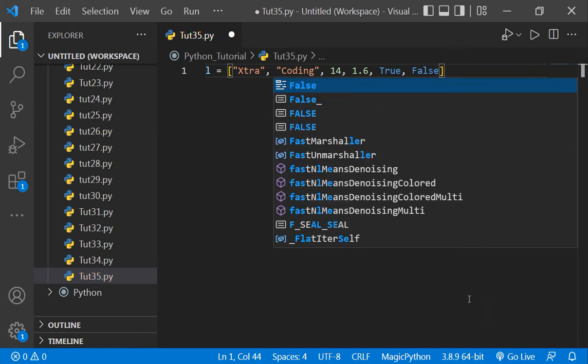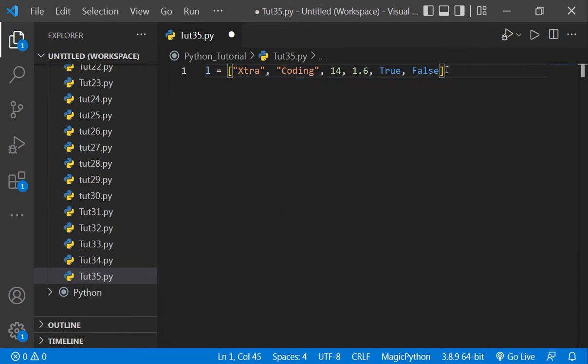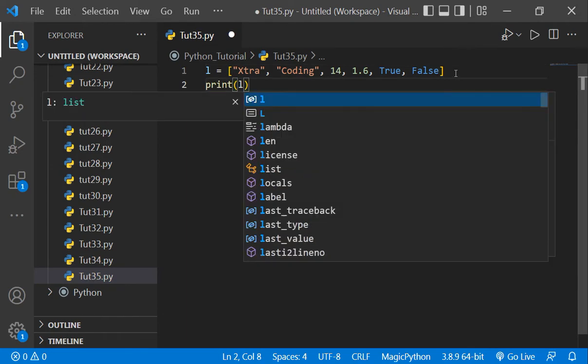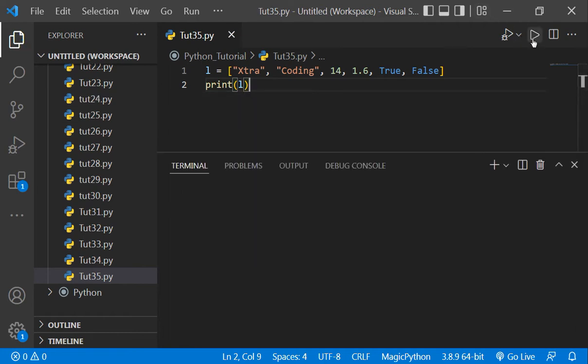So basically we can store any type of data in a list. So if I print my list, print L,